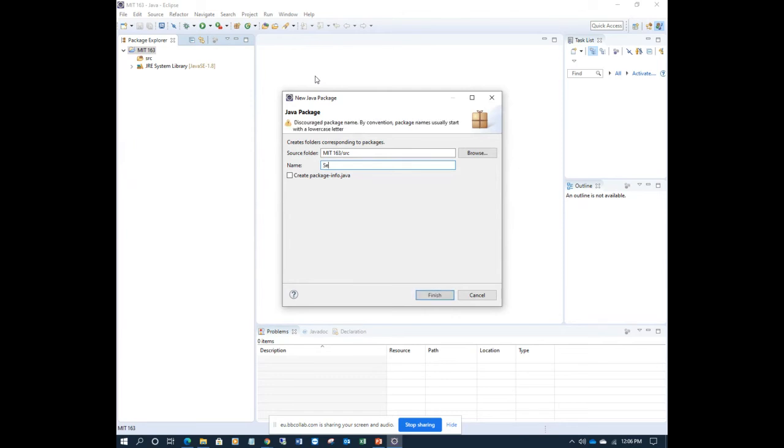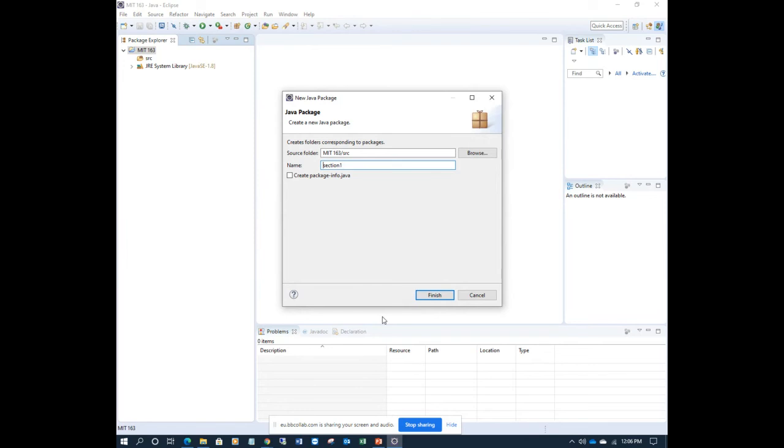I just say simply section 1. See, discouraged package name: by convention, a package name usually starts with lowercase. You receive a warning message, meaning it should start with small letters. Even if you create it with a capital letter, no problem, but it's a warning. This is a rule, a convention, right? So you follow those rules.